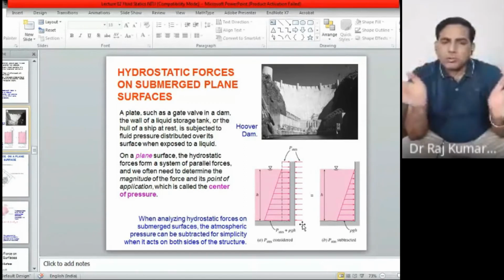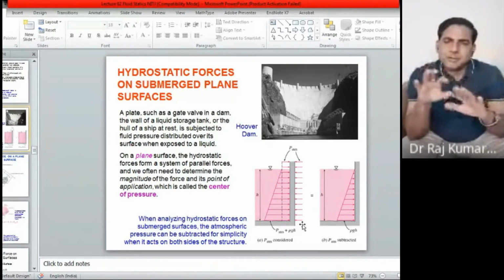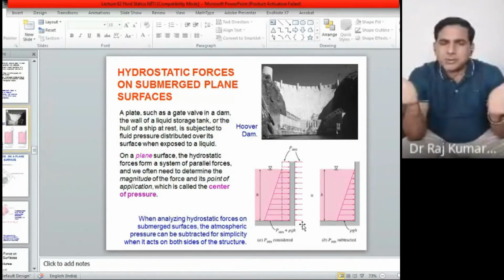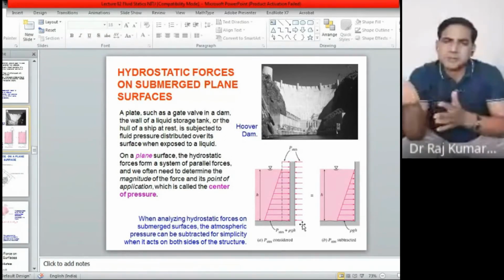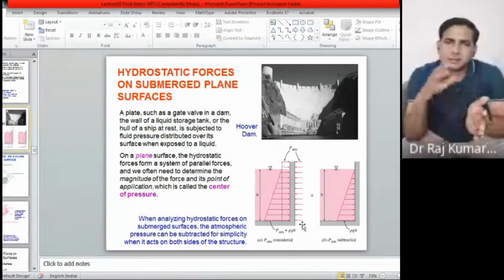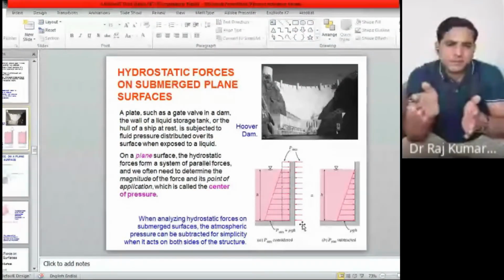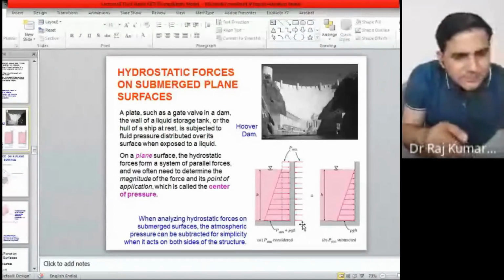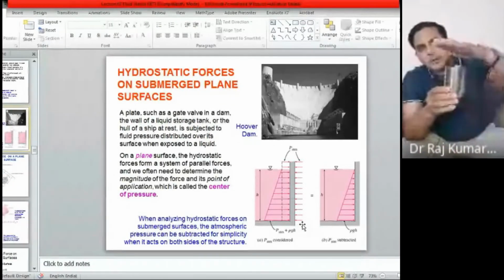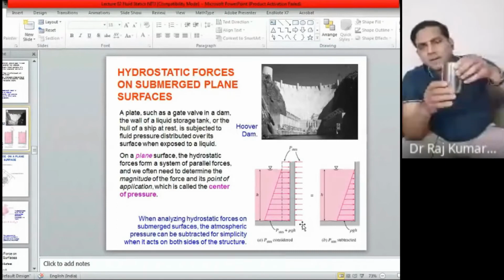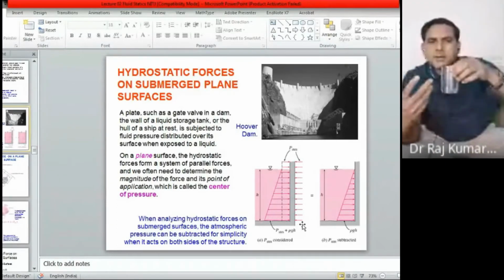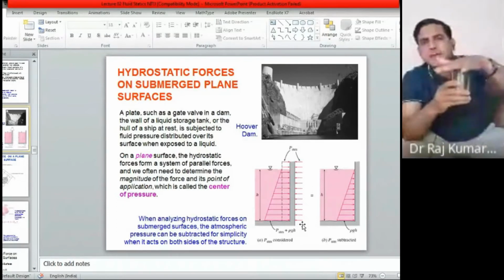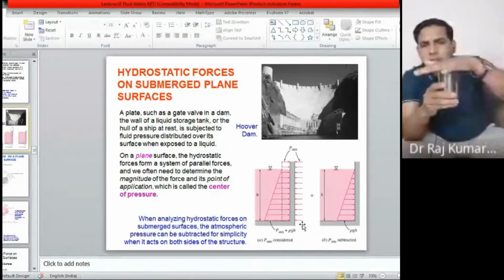In case of an open system, atmospheric pressure on either side would be the same. Only in a closed system it will not be the same. In a closed system, the inside pressure would be different compared to outside, because outside is always atmosphere. Just like this particular glass here. If you close the glass, atmospheric pressure on all outside surfaces is the same, but for the inside you cannot say it is atmospheric pressure because it is closed.